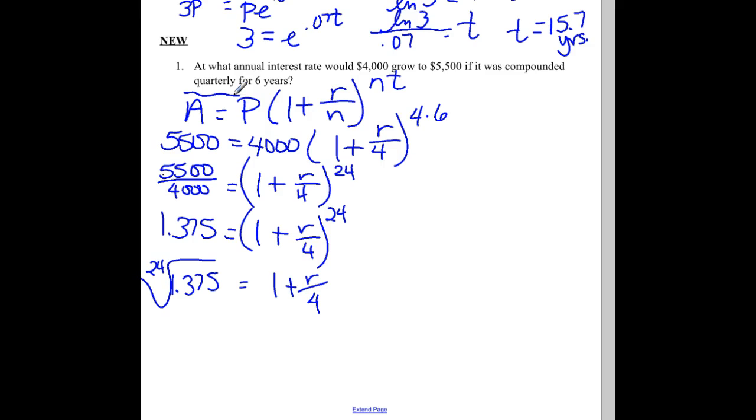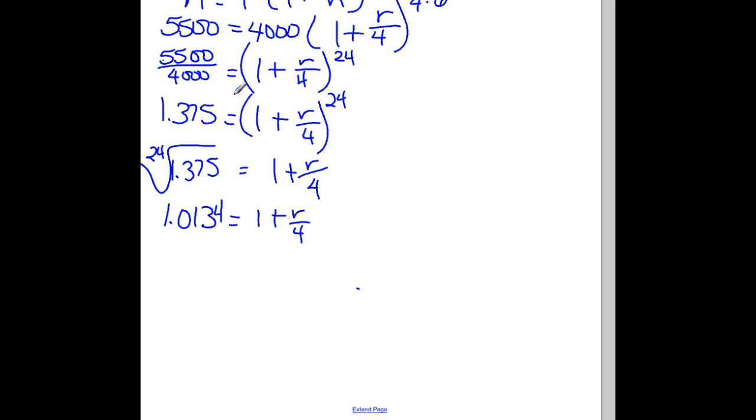Anybody got it? 1.013. What's the next decimal after the 3? Another 3? Another 3 and then a 5? So we'll go 4. Okay. What would we do next? Subtract the 1, which gives us 0.0134, and then